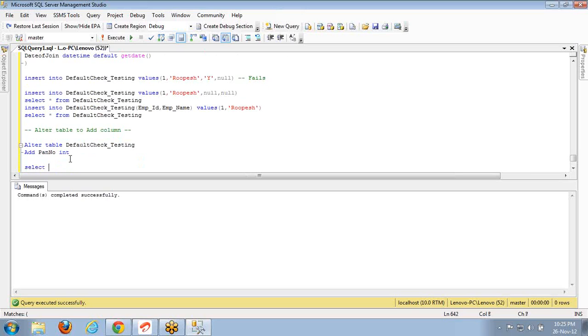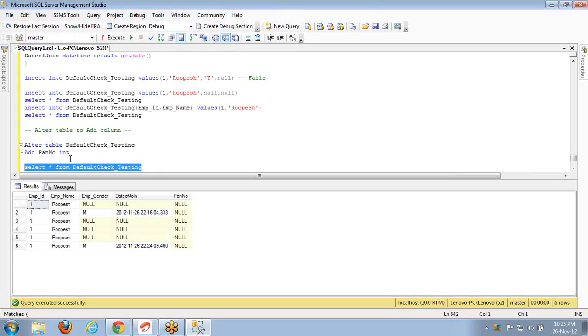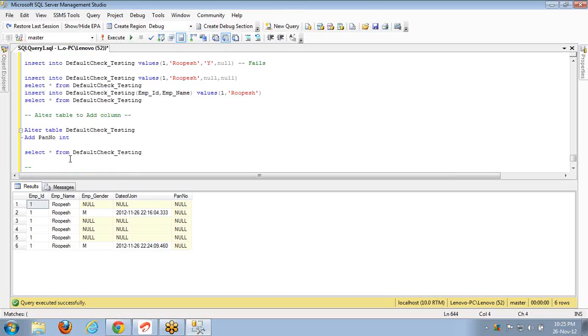And now let me see what the table has. This has a column called PAN number, and it has no data. So this is how you can add a column to the existing table. Now let's see how to drop a column